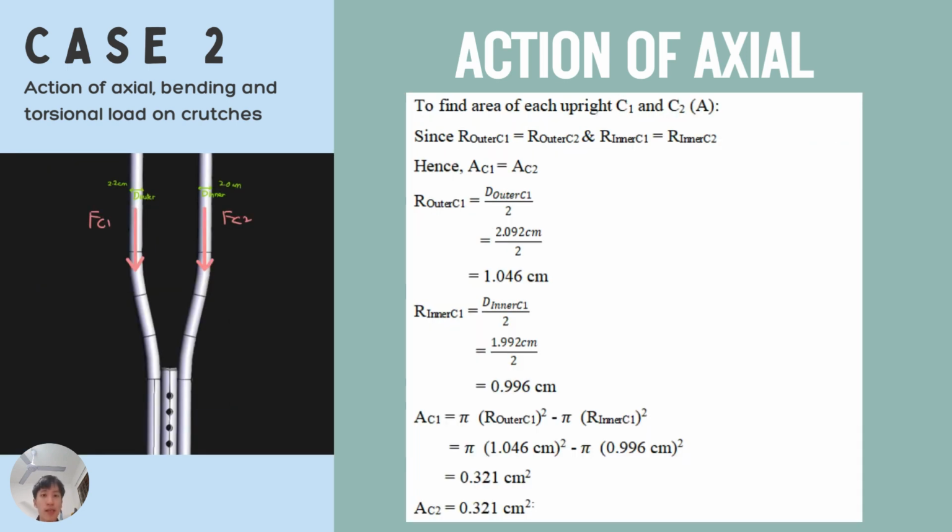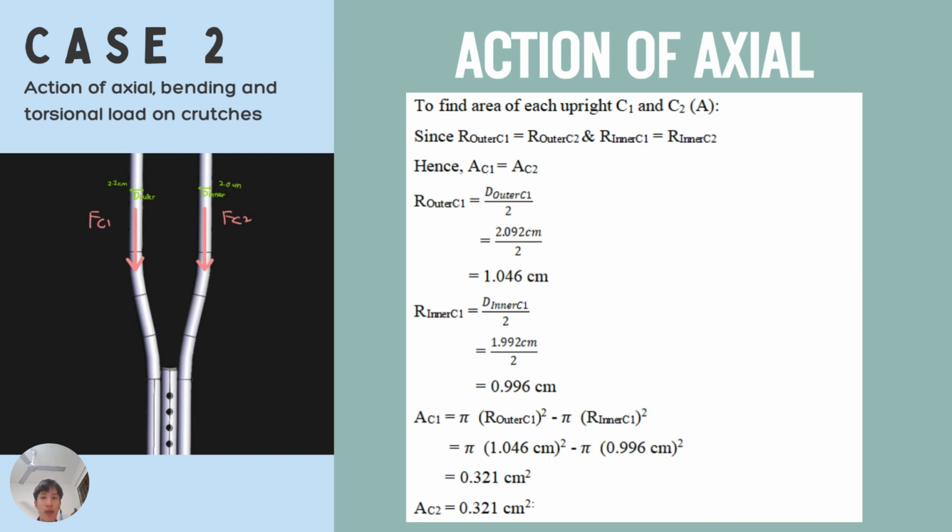Next, in order to find the normal stress exerted on the upright, first we have to measure the upright's outer radius. We divide the outer diameter by 2 to get the outer radius, and the same goes for the inner radius. We divide the inner diameter by 2 to get the inner radius. Then we have to find the area, using the formula of area, which is pi r squared. So we use the outer radius area minus the area with the inner radius. We get the cross section area of the uprights equal to 0.321 cm squared. The same goes for AC2,